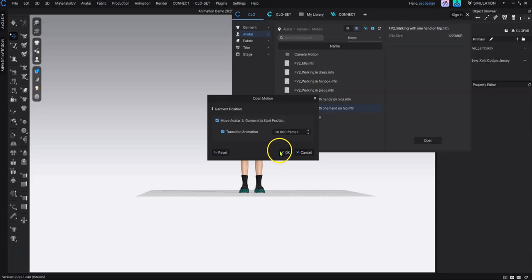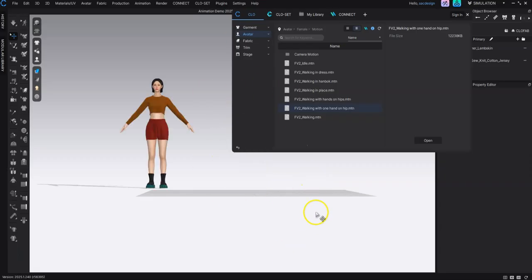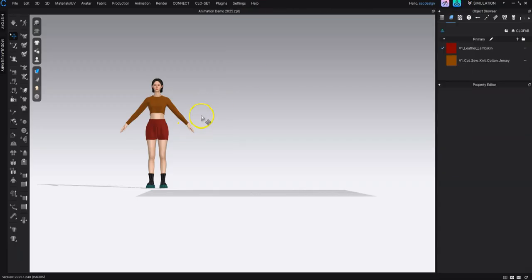I actually like the transition, so I'm going to keep it. I'm going to hit OK. It's going to do its thing. And like it said, the avatar moved to the starting position. So now to move my library out of the way, you could X out or just hit the library button. And now I've got my avatar with the animation applied, but we still have to do some more work to prepare it for recording. So I'm going to hit simulate to simulate